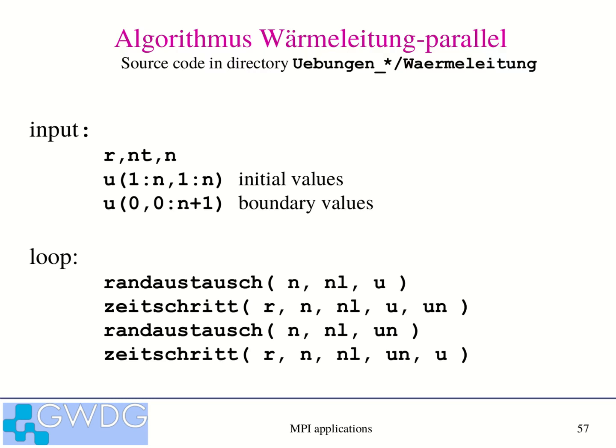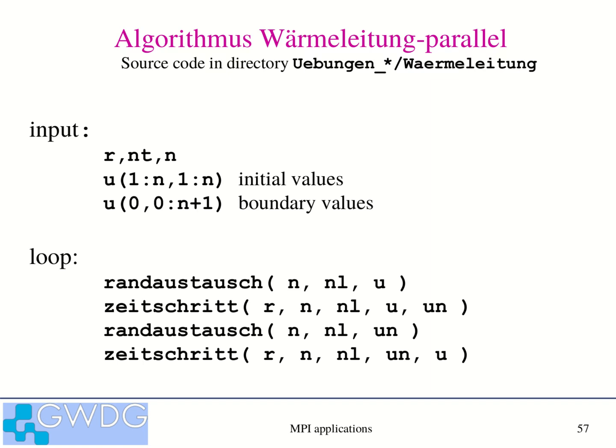So then the algorithm would look like this. At first I have to do this exchange of boundary, which is in German Randaustausch. I have to do the Randaustausch of the n values in the boundary, and then I do the Zeitschritt update on my local piece,